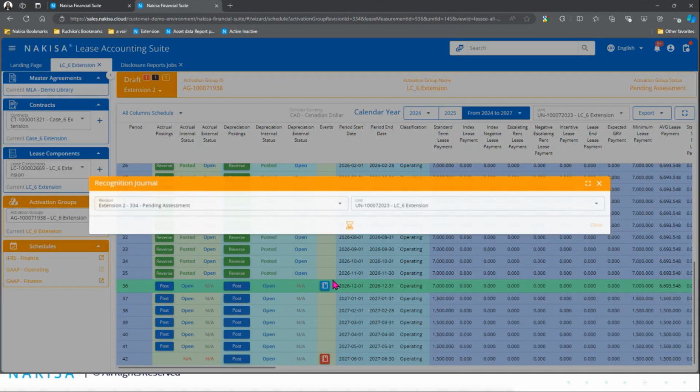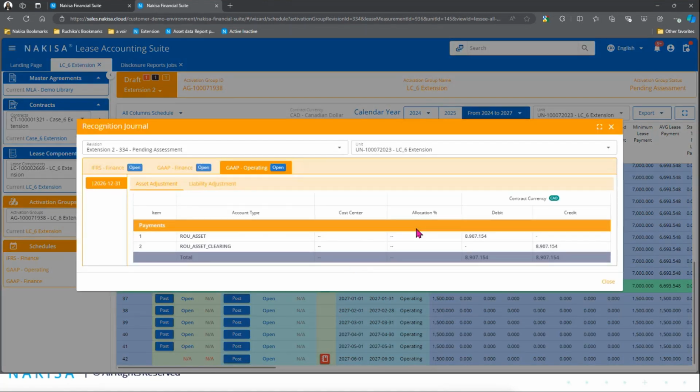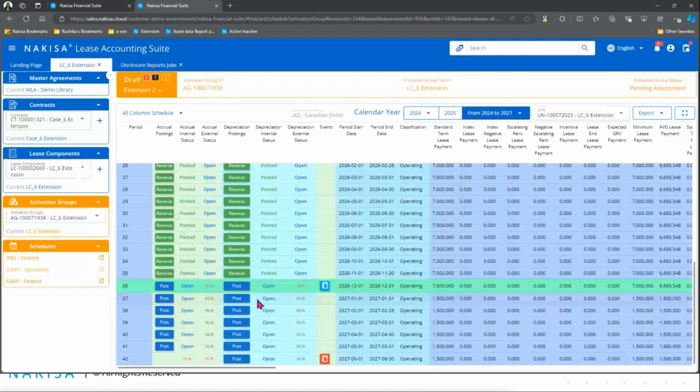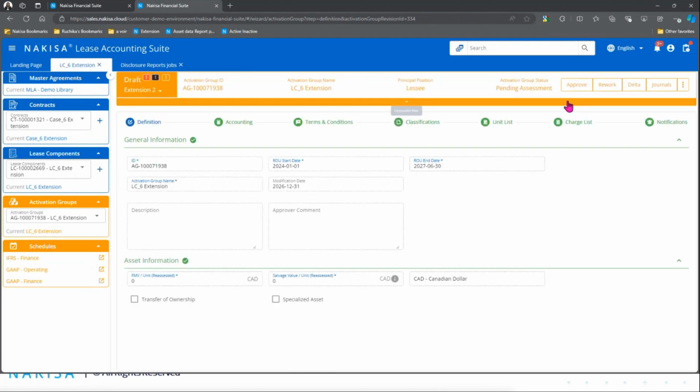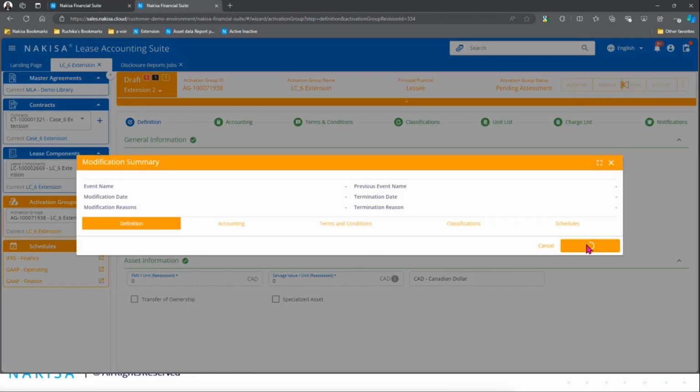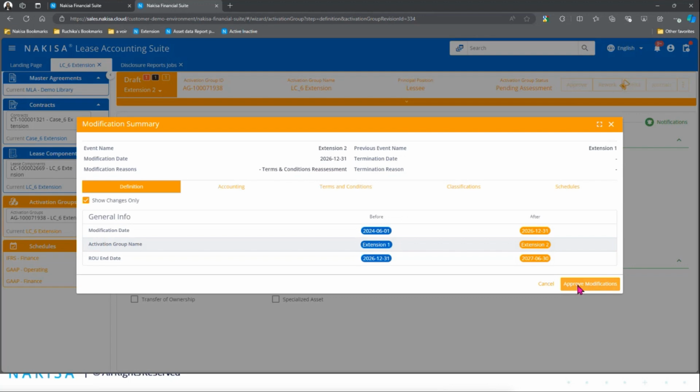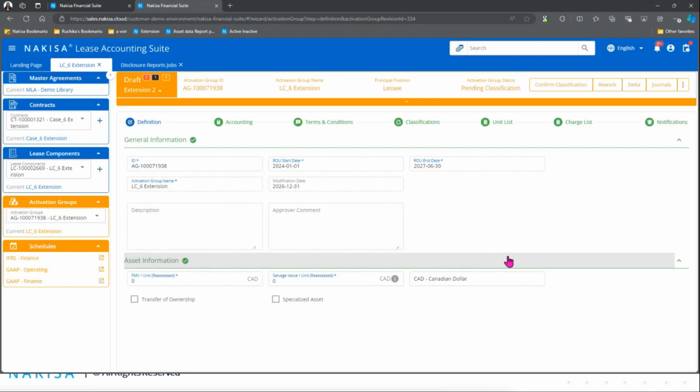As well as when we click on the journals, it will give us the review of what accounts will be impacted by what amounts for the asset adjustment and liability as well. And once it's posted, we'll see the posting, the journal, the GL account numbers and more details on it. So once the user is satisfied with the review of the schedule, they can come and approve it, review modifications on a summary here, leave more comments if required. They will confirm the classification and they'll be able to activate the